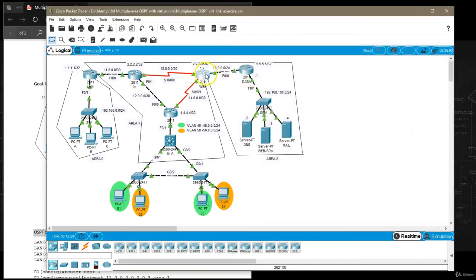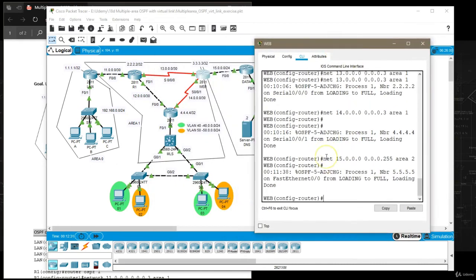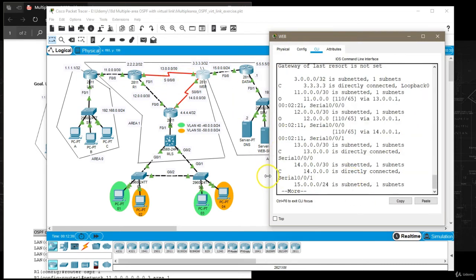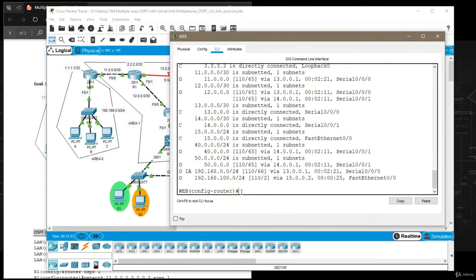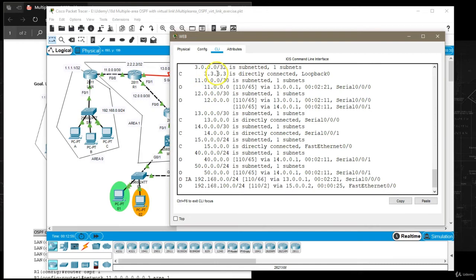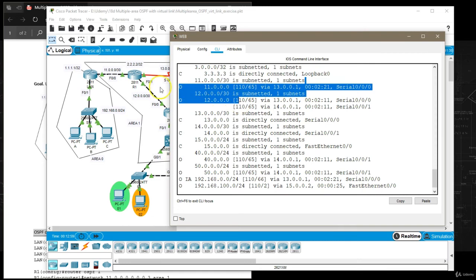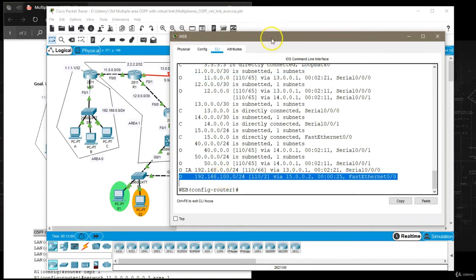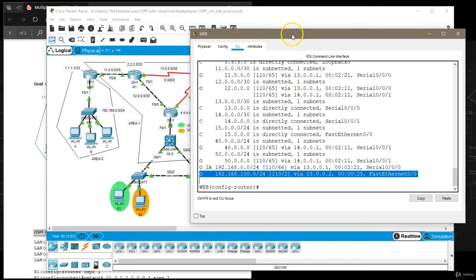Let's check what's going on on router web. This is an area border router, so it should be able to see the networks in both areas. Do show IP route. That's right, we can see first of all the loopback IP and then the networks that we learned about from OSPF in area 1, and then we can see this network which is in area 2, but we can also